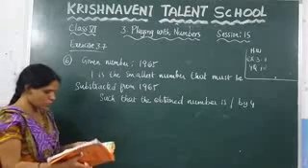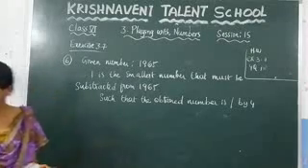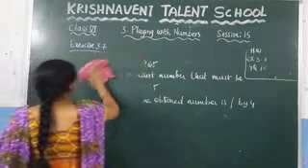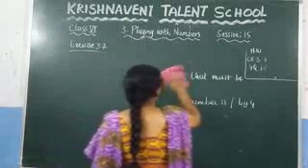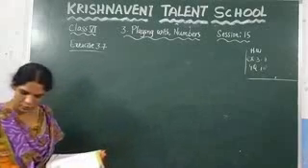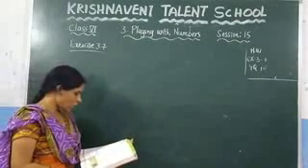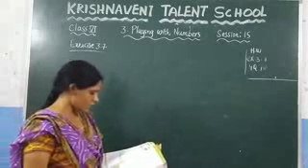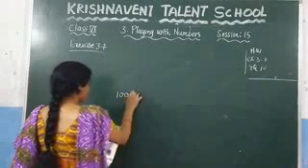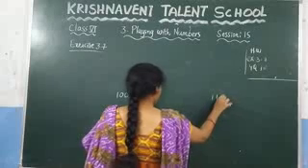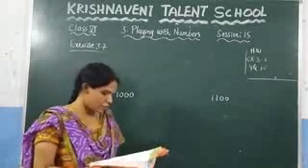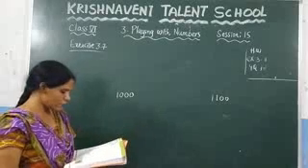Now see here the next problem. So what is the second problem they have given? Write all the possible numbers between 1000 and 1100. Here they have given the numbers 1000 and 1100. And you need to write what are the possible numbers between these two numbers such that they are divisible by 11.